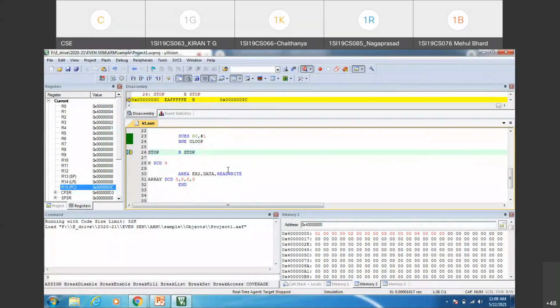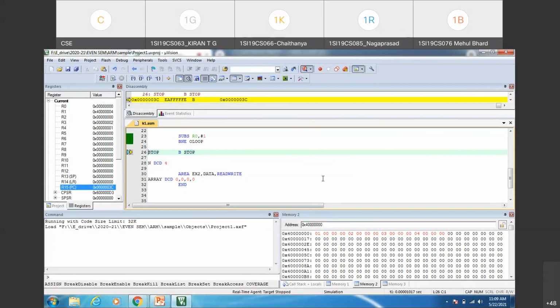Just see, after execution of all the statements and after completion of all the passes, the elements are arranged in ascending order: 1, 2, 3, 4. Earlier, the data before sorting, the elements I had taken, were 4, 3, 2, 1. After swapping, what you are seeing is 1, 2, 3, 4. So this is how we can do the swapping. You can take any value of yours, but you are interpreting the numbers as unsigned numbers. Any 32-bit data you can initialize in the memory and check whether your code works or not.